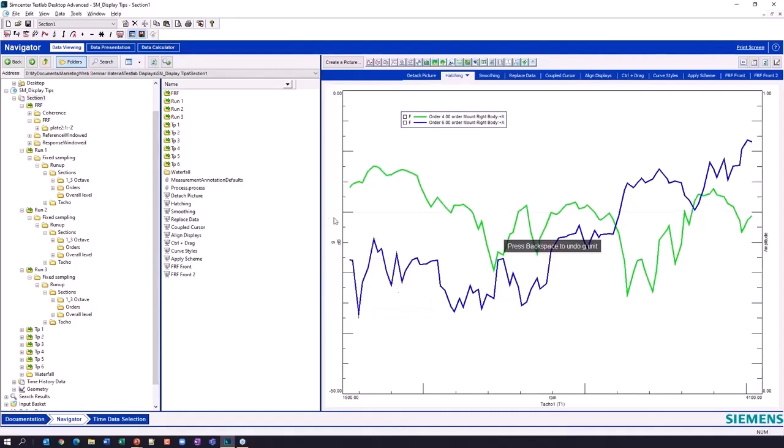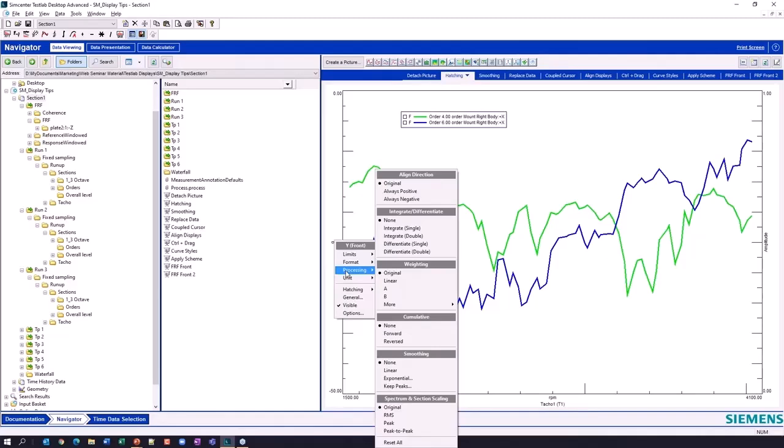And in addition to that, I can also do some interesting things like processing, where if I go highlight under this processing menu, I can certainly apply some weighting. So we have A and B weighting. I can also specify always show it to me in linear, or the original, how it was recorded. Under more, you see I have also C and D weighting, as well as some human body vibration weighting factors for how sensitive we are to vibration in the hands and arms and whole body. So I can apply some weighting here.